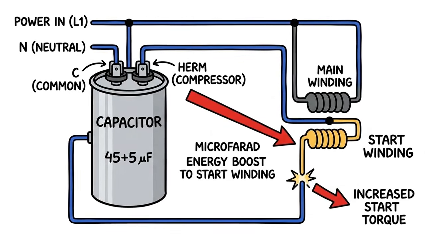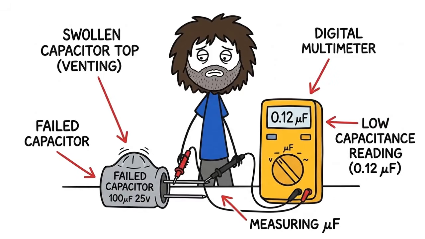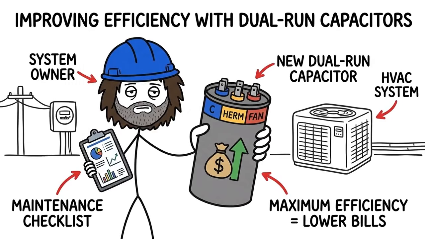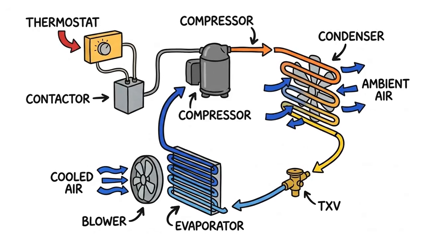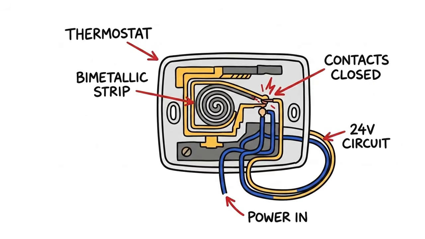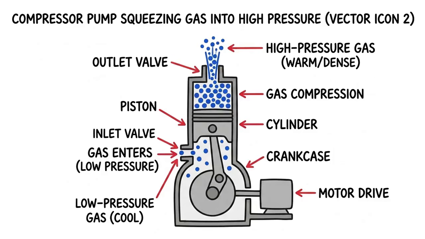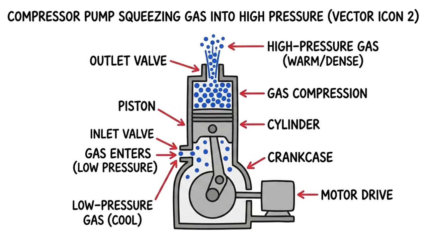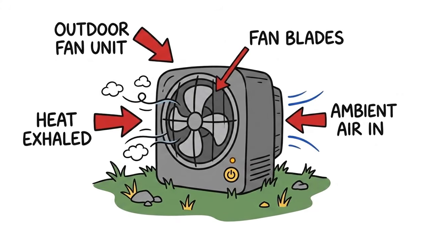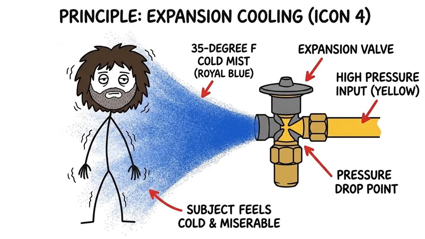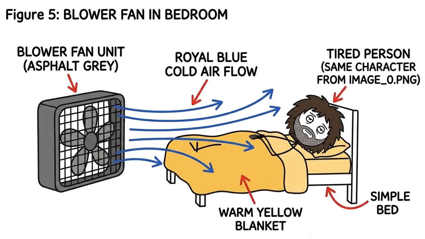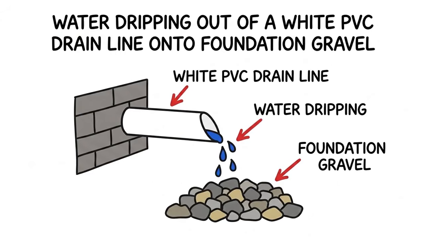This is the exact same physics principle that causes water droplets to form on the outside of a cold glass of ice water. Gallons of moisture condense out of your indoor air every single day, collecting in a drain pan beneath the evaporator coil. This condensed water drains out of your house through a 3-4-inch white PVC pipe called the primary condensate drain line. In most homes, this PVC line drains safely outside near your foundation wall or connects to a dedicated plumbing drain. However, because this water contains dust, algae spores, and airborne debris, the PVC drain line frequently